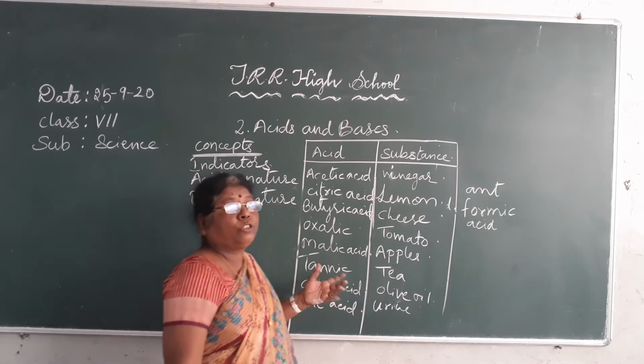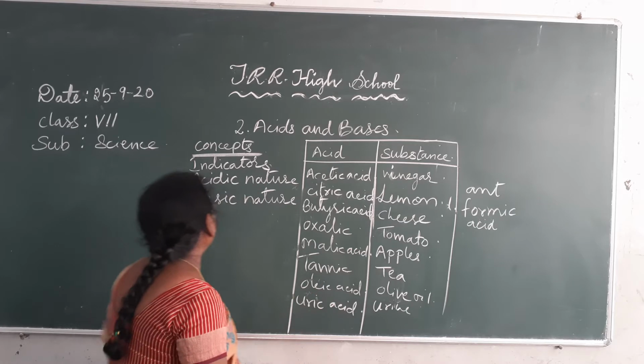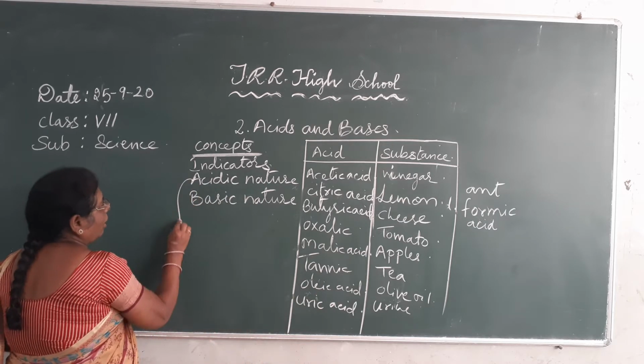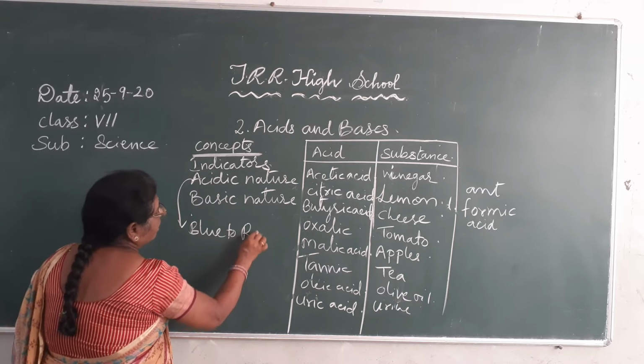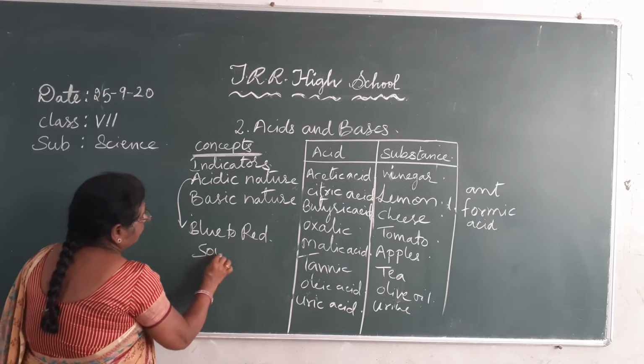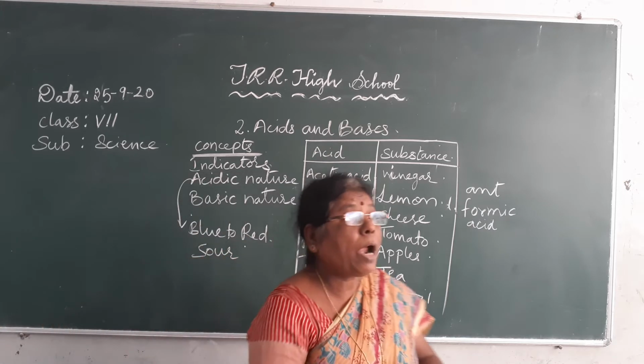So I showed you, I tested with the litmus paper also. So what is the test for the acid? It changes blue litmus to red in color, and they are sour in taste. Remember these two points, very important. Now, apart from this,